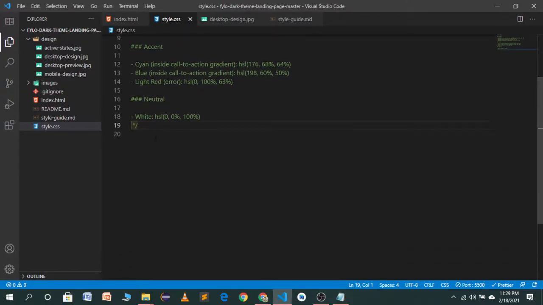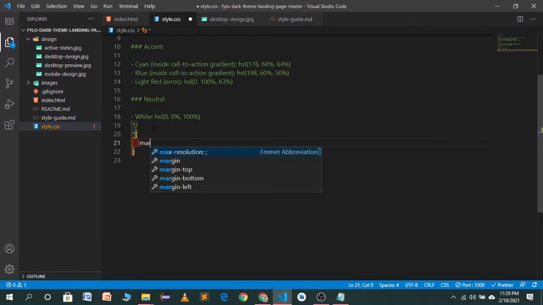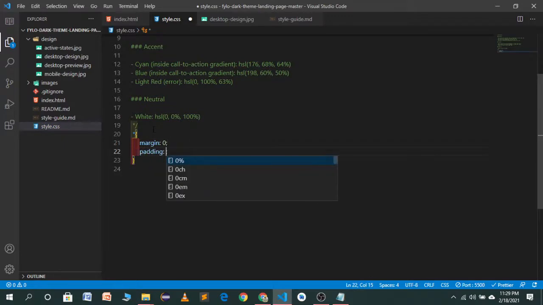So first of all we want to remove the default margin of our website, which will be a margin of 0, padding will also be 0, box sizing will be border box. Now we will target the body.